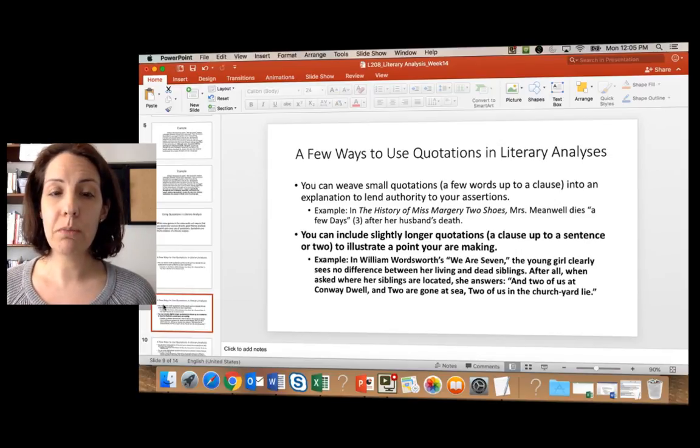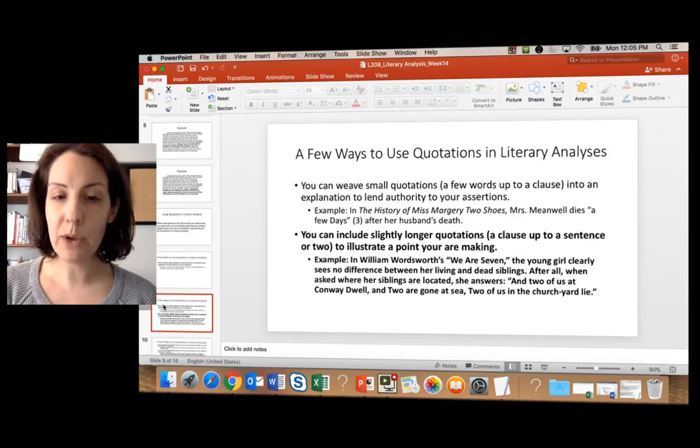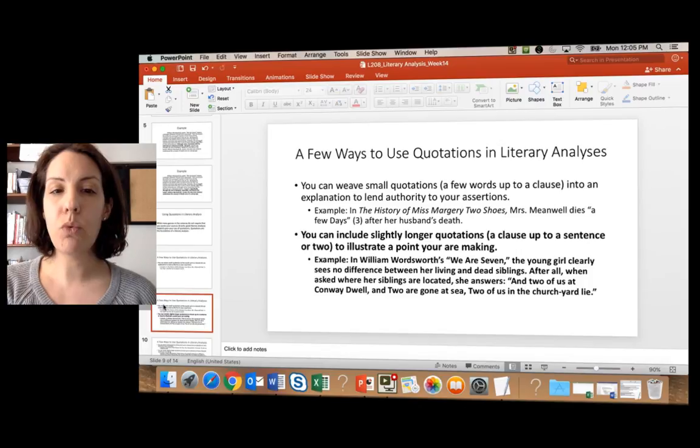This is actually one of the body paragraphs from the paper whose introduction we just read. It reads, "In William Wordsworth's We Are Seven, the young girl clearly sees no difference between her living and dead siblings. After all, when asked where her siblings are located, she answers, quote, 'And 2 of us at Conway dwell, and 2 are gone to sea. 2 of us in the churchyard lie,' end quote."